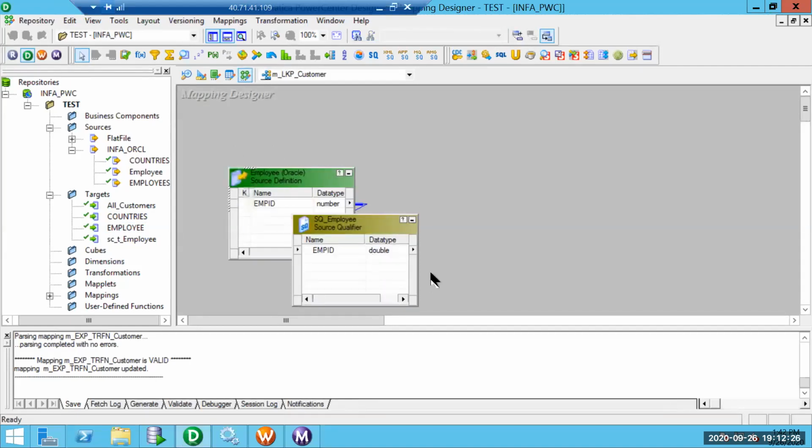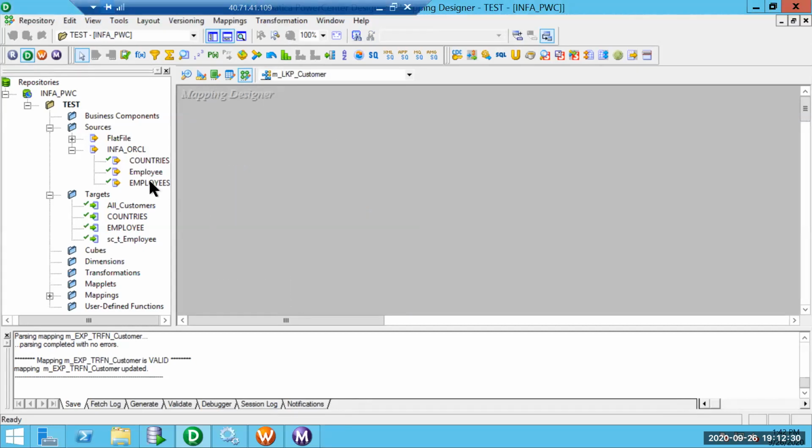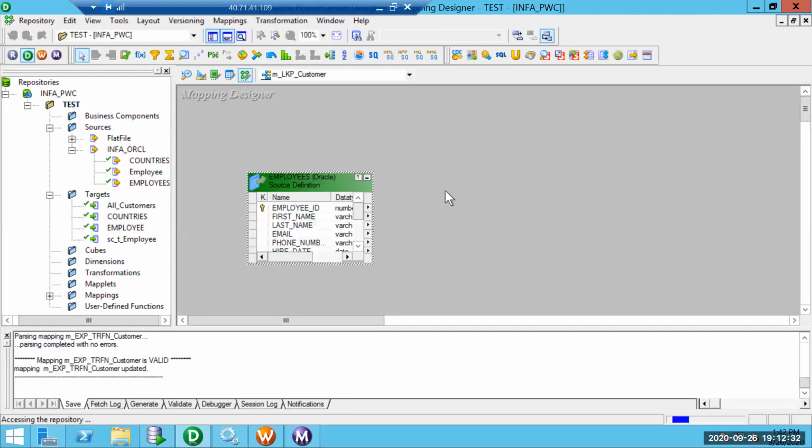In our case, the source and target are the same, employees only.